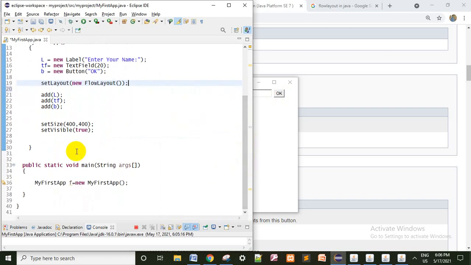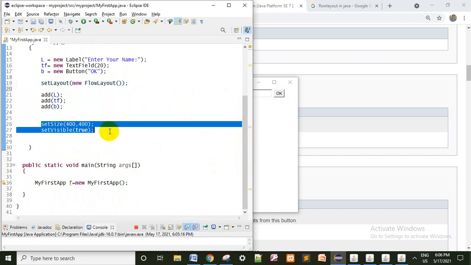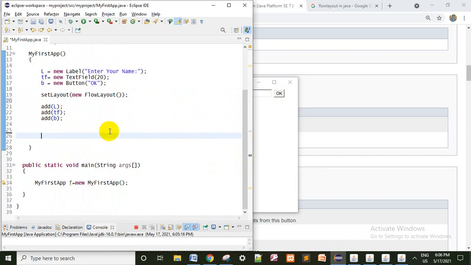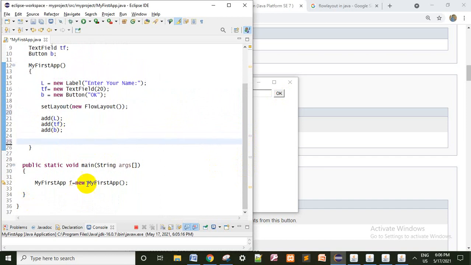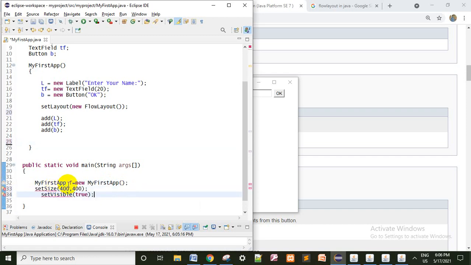Sometimes people write these two methods, while creating the object, in the main method, and keep them there only. Like this. This is a frame. Once you create an object for this class, the frame is created automatically.